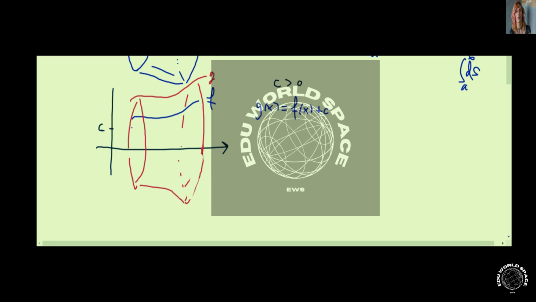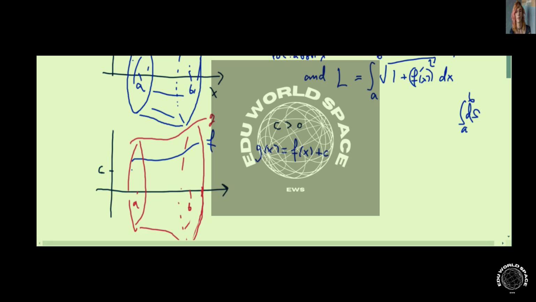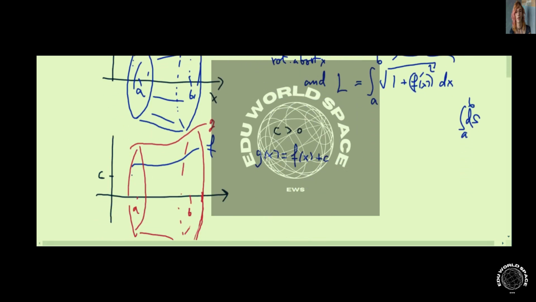So it would be like this shape here from the same points A and B. So S sub f, S sub g, which is the surface of revolution about the